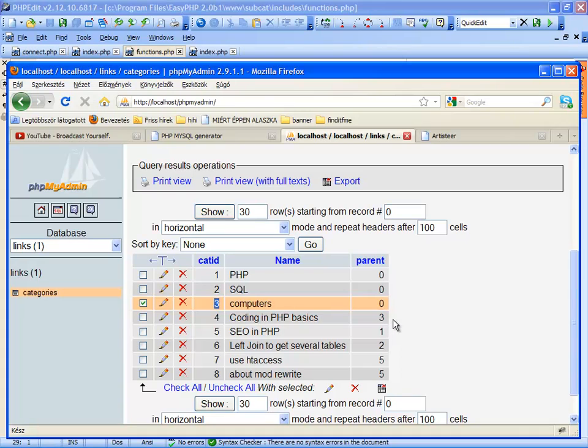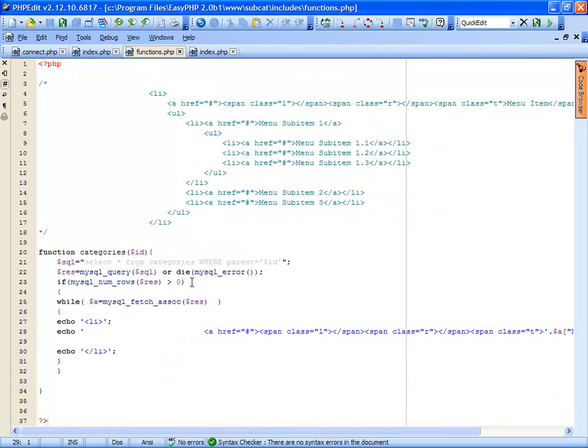So get this ID where the parent ID is the computers and count it. In this SQL you can put the select, but